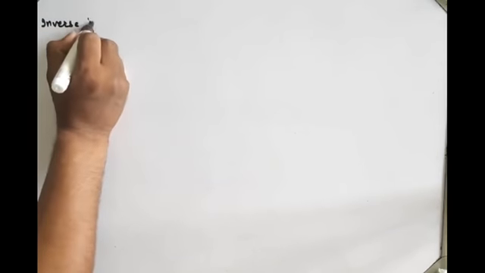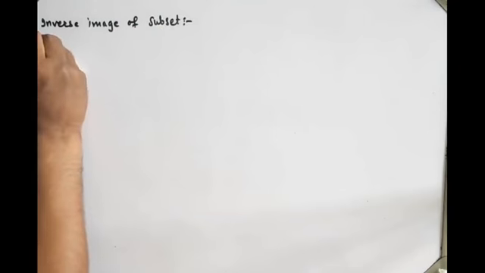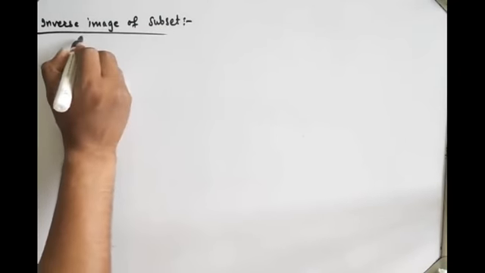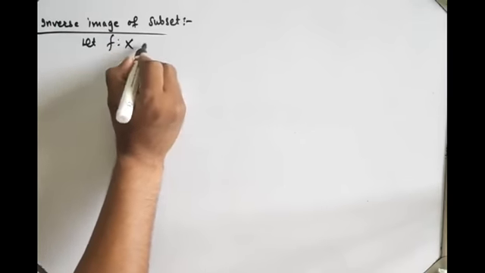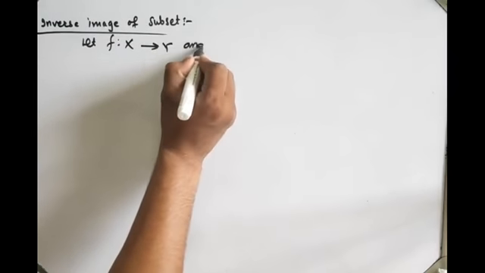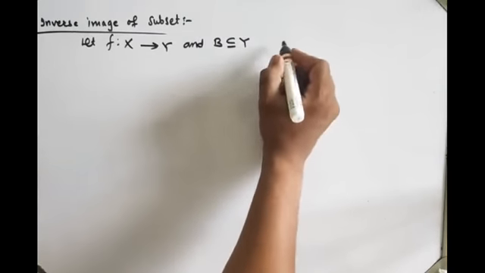Hello students, we are going to see the last topic of the first chapter, which is inverse image of subsets under the function. Now let's see the first definition. Inverse image of subset. So first we will see the definition. Let f be a function whose domain is X and codomain is Y, and B is any set which is a subset of set Y. Then we define